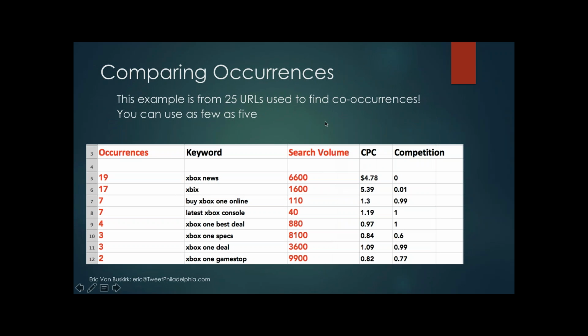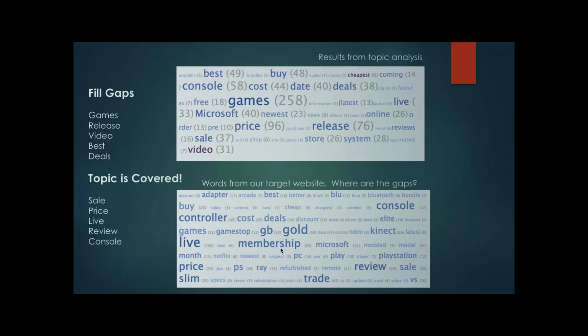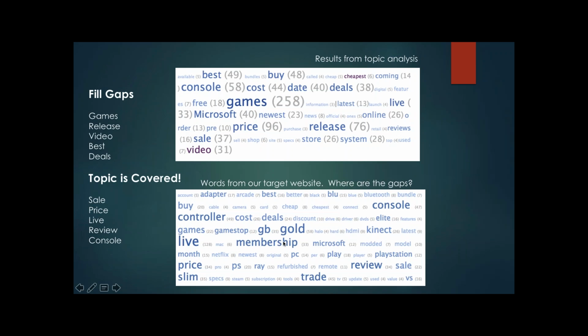You do more, you compare more, and of course you're going to get more accurate and granular data. And then 3s are still really useful, and you can get all the way up to like the difference between 5, 6, 7, 8, 9, 10, something like that. So the parent terms in this case were Xbox and Xbox News, because I wanted to do the gaps for a news site about gaming that also wrote about Xbox, as I mentioned earlier.